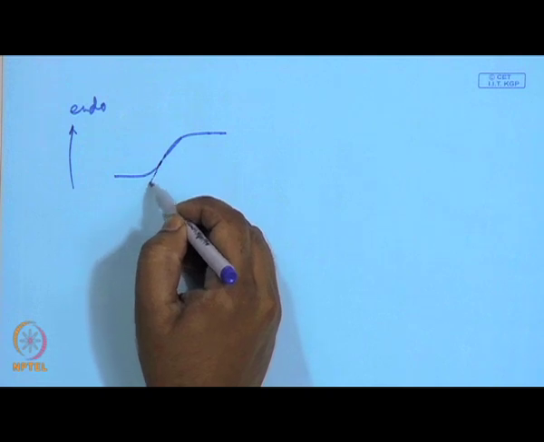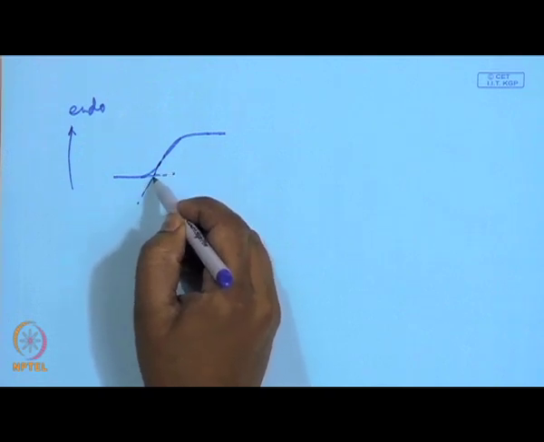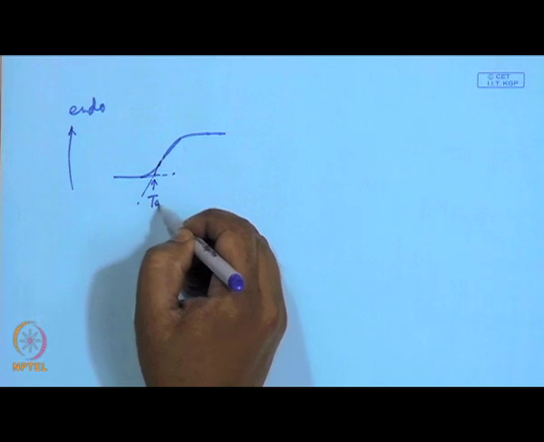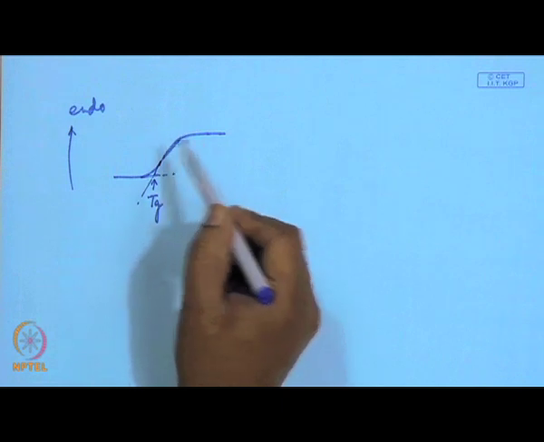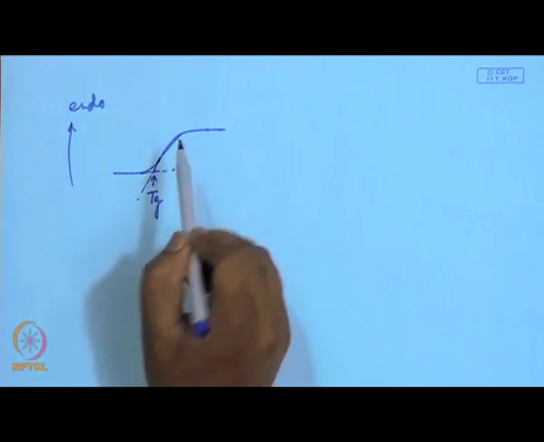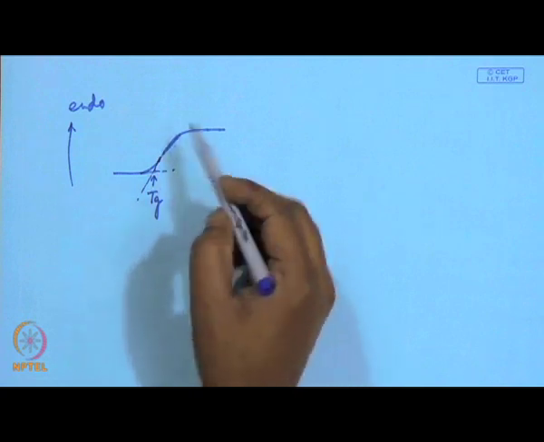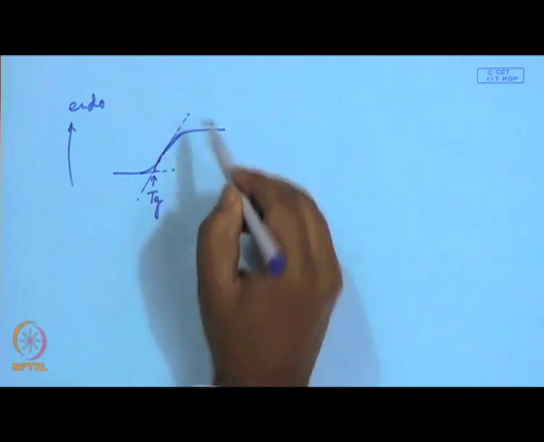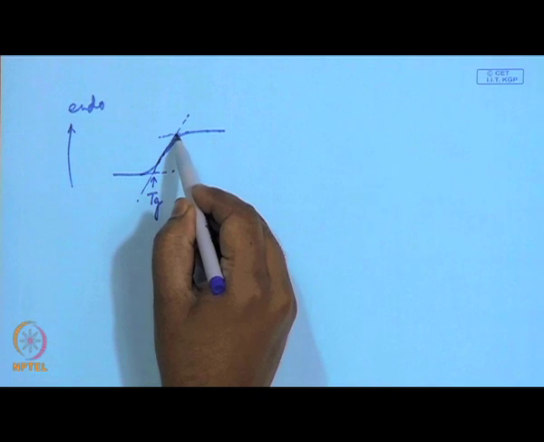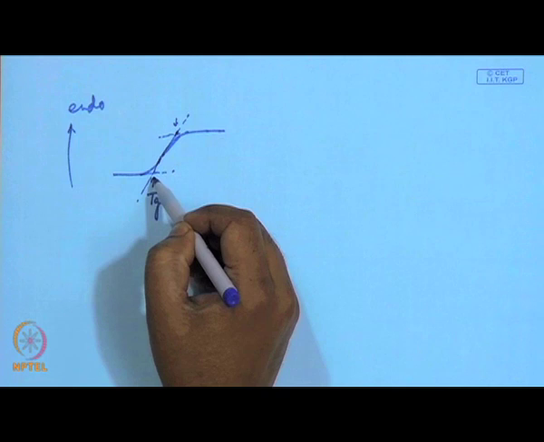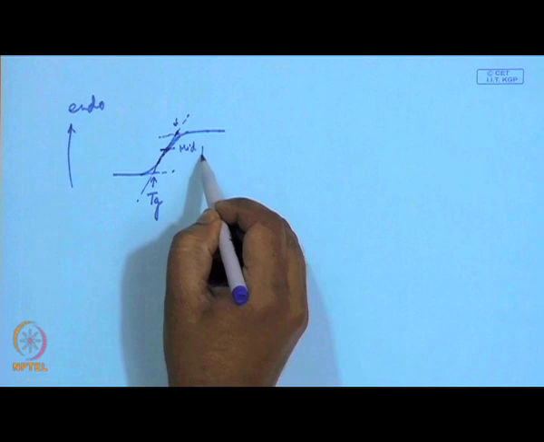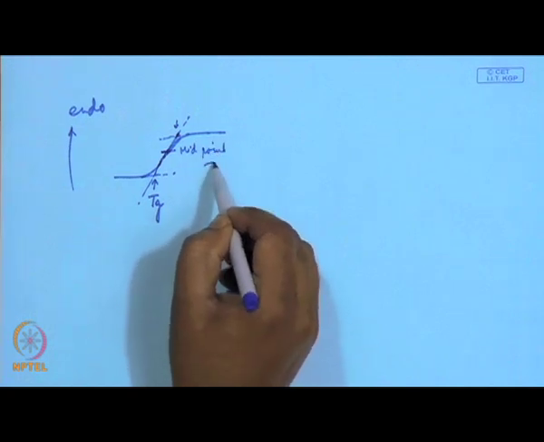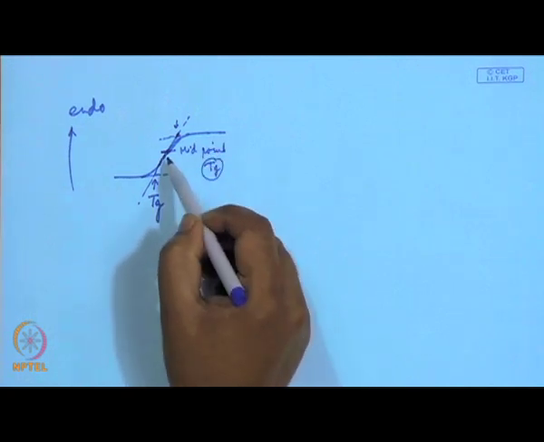Some use the inflection point as Tg, but the most used technique is where there is an inflection point here and an inflection point here. The midpoint of these two, some people consider as the Tg,